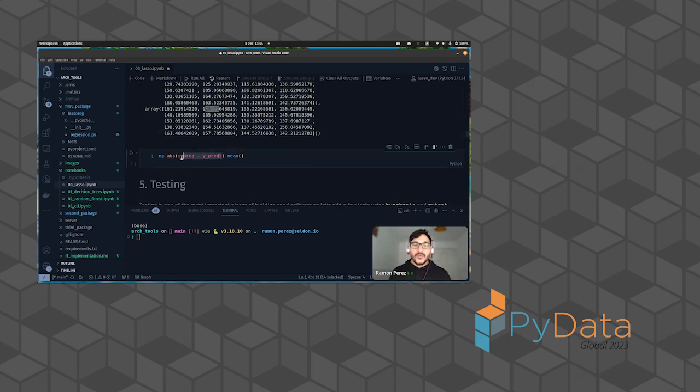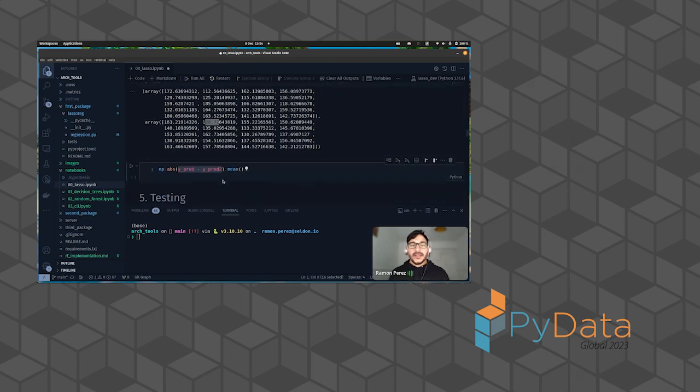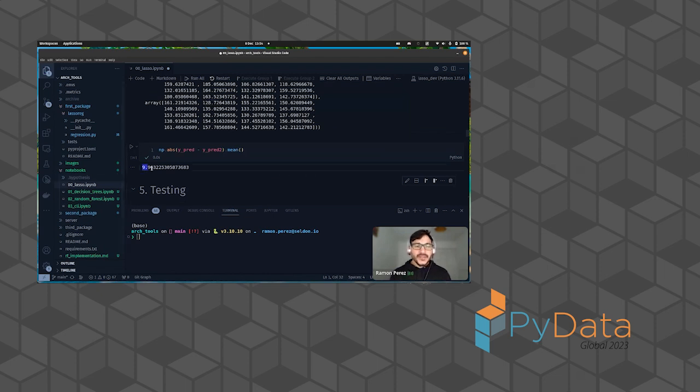Why don't we subtract the y predicted by the scikit-learn lasso regression minus the ones that we predicted with our model, take the absolute value, and then extract the mean. That way we get how far off we are on our predictions in the entire data set on average. Notice that's actually not that bad for a model that we haven't fine-tuned. We came up with a couple of functions, and we are not that far off from one of the best libraries that exists right now for machine